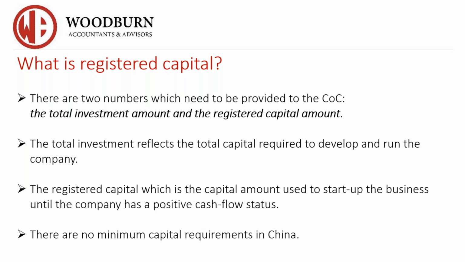Okay, so you'll have some advisors tell you, oh, just keep the registered capital as the same amount as the total investment. Absolutely. You could say registered capital is 70,000, total investment is 70,000, but you don't have this emergency fund ability if you want it. So matching it from my perspective makes no sense, because you want to have this fund available as a just in case amount to be able to get money in China.